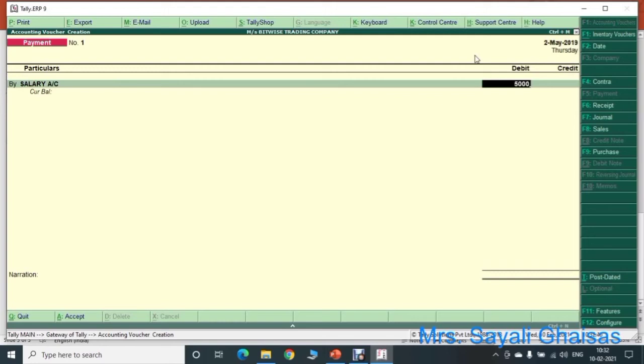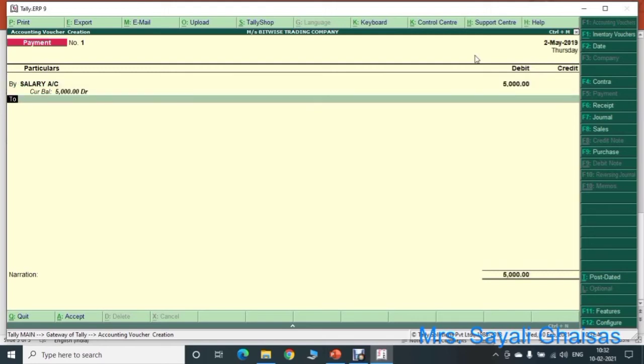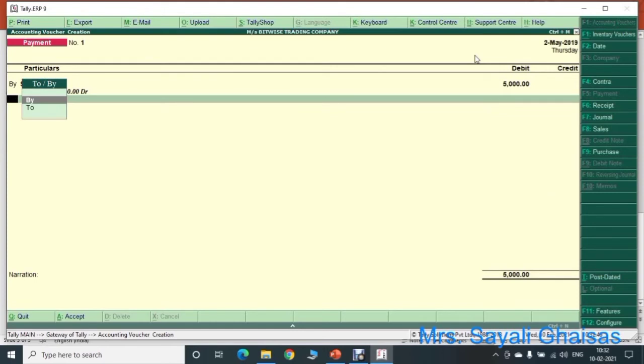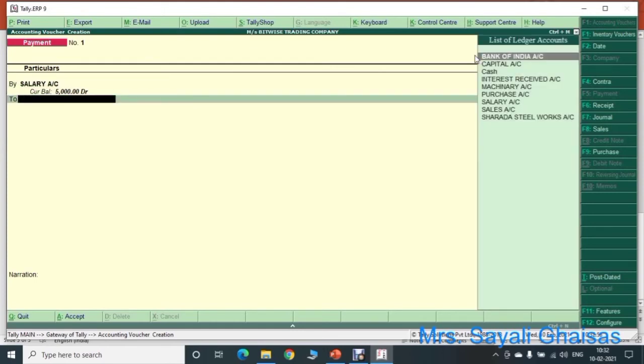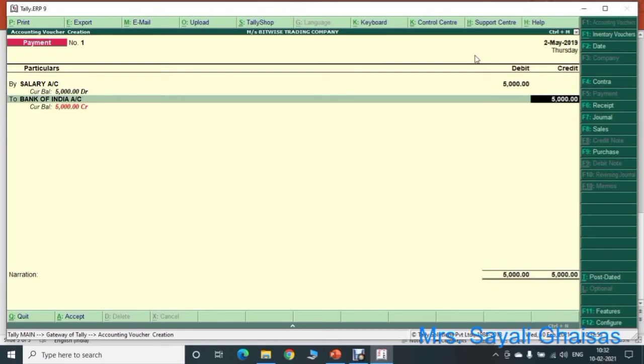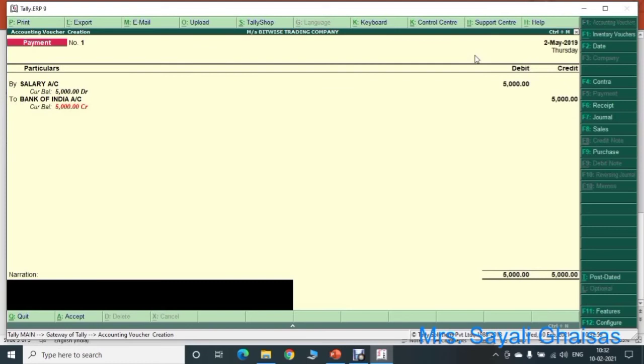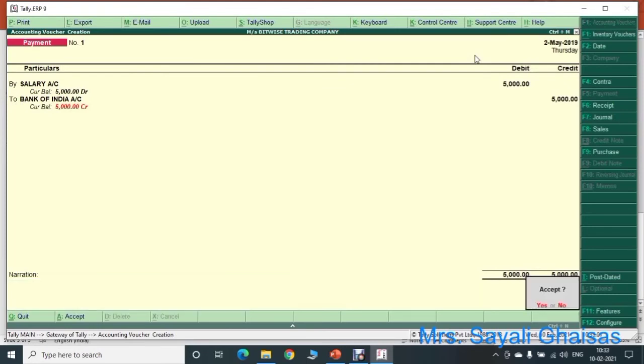So add here 5,000 to Bank of India account. Then press enter key. Again enter, enter, enter, and we have done with this entry.